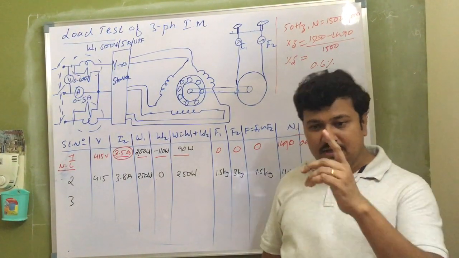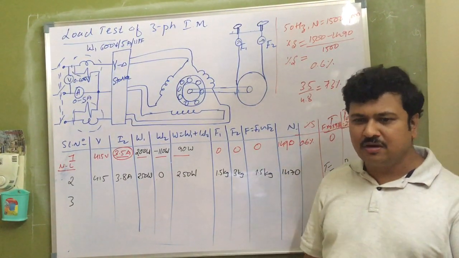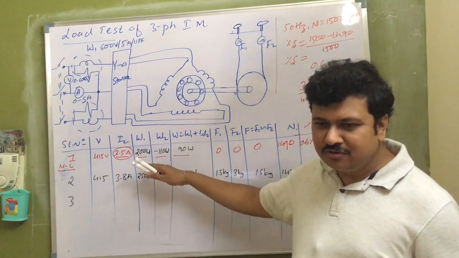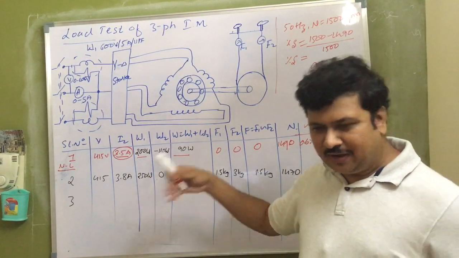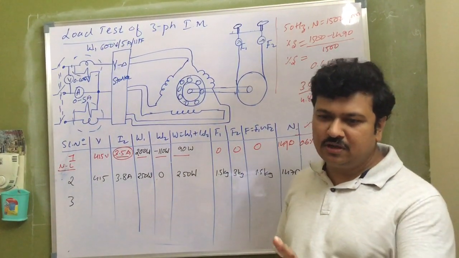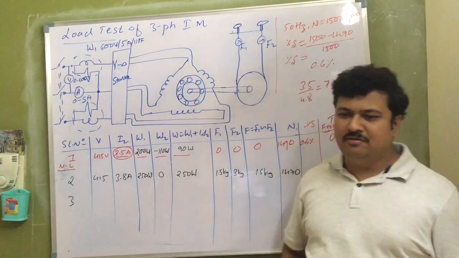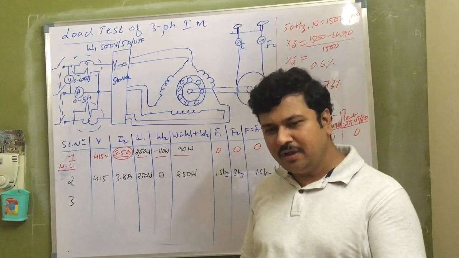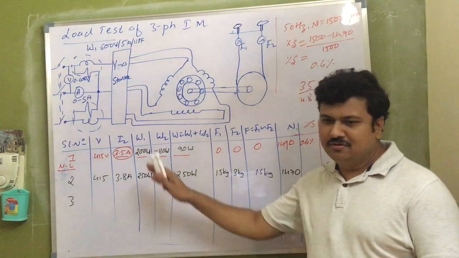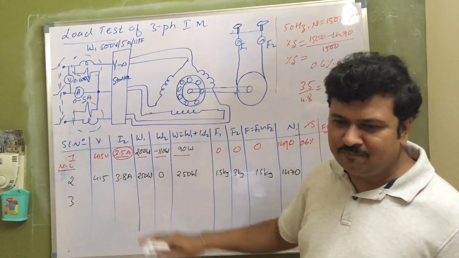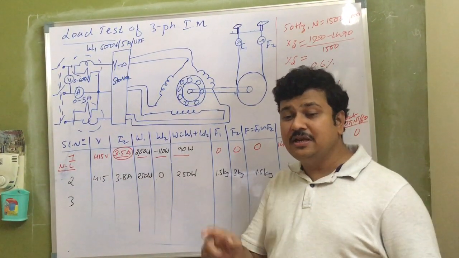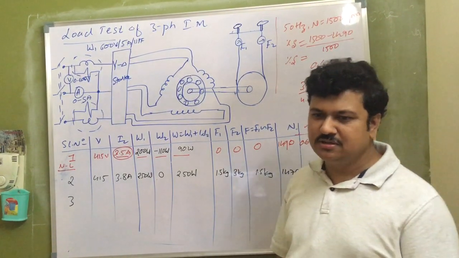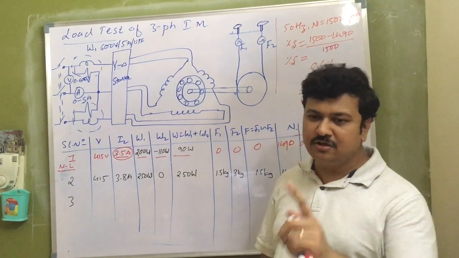You should know the concept of the experiment conduction rather than only the procedure. Because if you show these calculations in the exam, if I am the examiner, I will not tell where things have gone wrong. I will simply smile at you, accept the paper and evaluate. And this will be done by every examiner, not only me. Don't think that I am a hard-hearted fellow. Every examiner will do the same thing, because it indicates you don't know how to take the readings. So while taking the readings, especially in this semester, you should be careful.